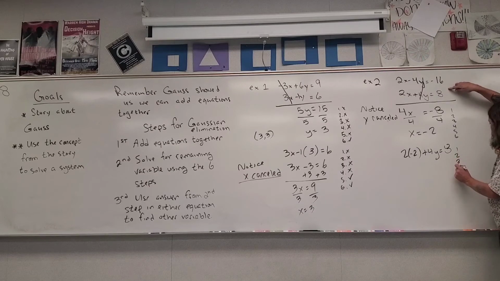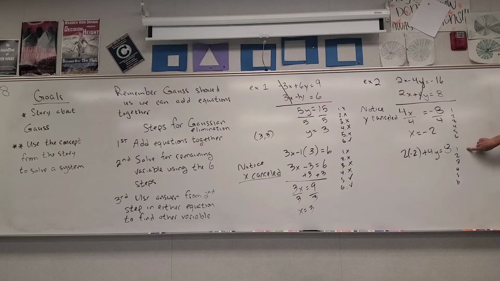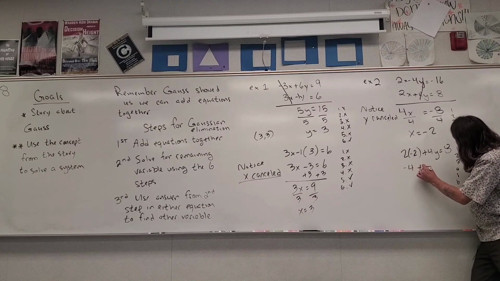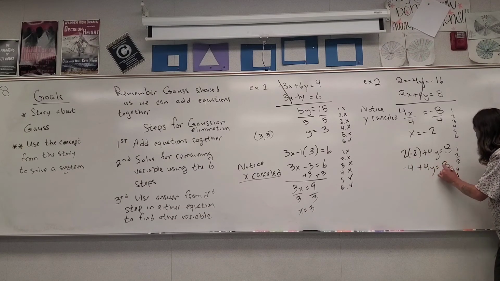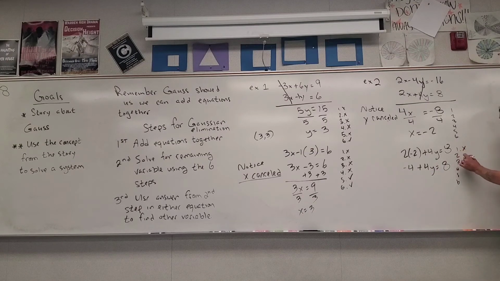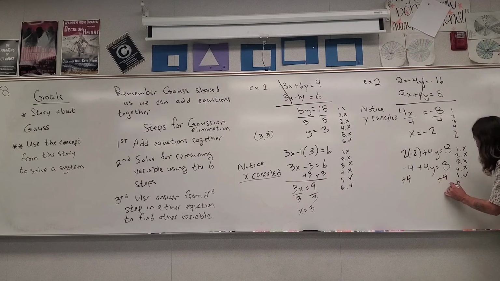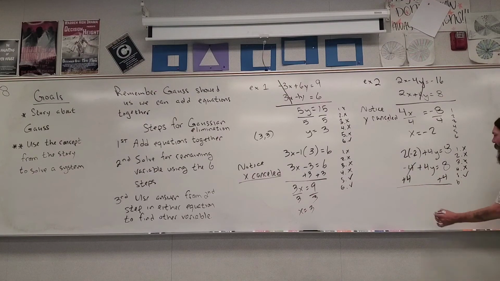And again, I do my 6 steps to solve. And I wonder if I'm going to do the exact same steps that I did before. Let's actually simplify this. This becomes minus 4 because it's 2 times negative 2. Minus 4 plus 4y is equal to 8. All right, can I eliminate a fraction? No. Can I distribute? No. Can I combine like terms on either side of the equal sign? No. Can I get all y's to one side of the equal sign? No. Can I add or subtract away a number? Yes. I can add the 4 to both sides. I think I was going too fast right there and I confused myself. I hope I didn't confuse you guys.